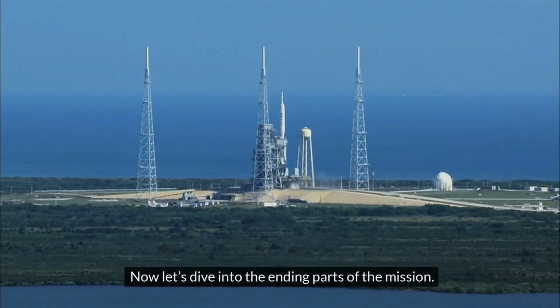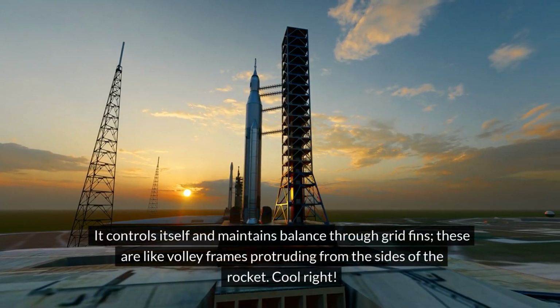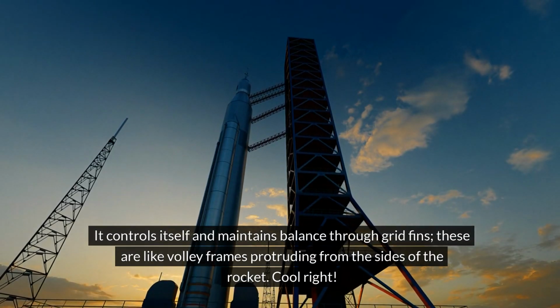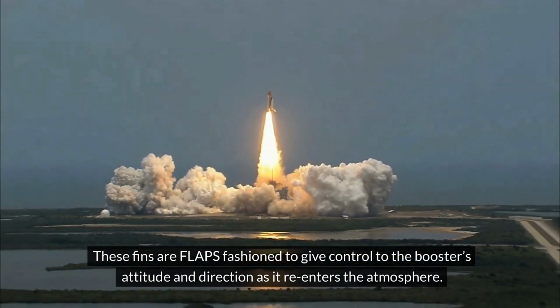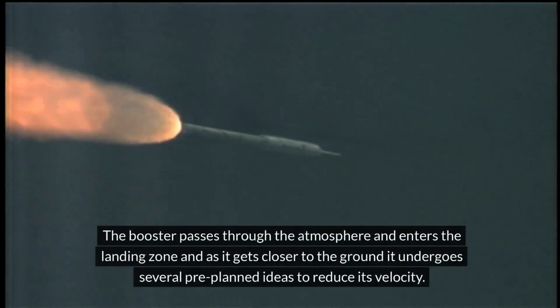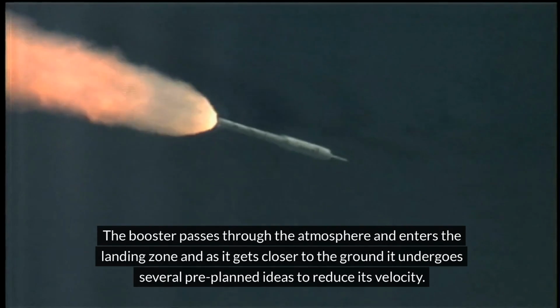Now let's dive into the ending parts of the mission. On the return, the booster has a controlled descent. It controls itself and maintains balance through grid fins. These are like wing-like frames protruding from the sides of the rocket. Cool, right? These fins are fashioned to give control over the booster's attitude and direction as it re-enters the atmosphere. The booster passes through the atmosphere and enters the landing zone, and as it gets closer to the ground,